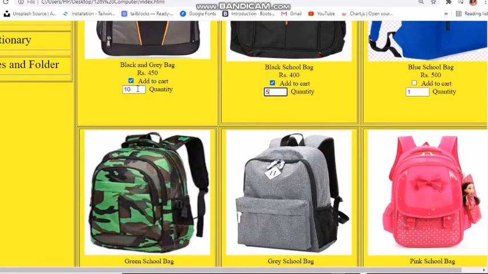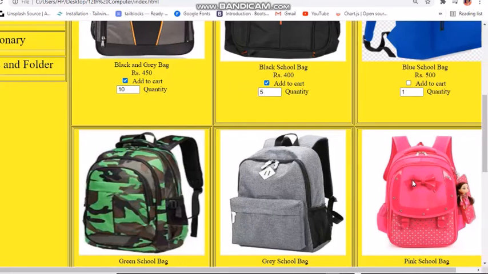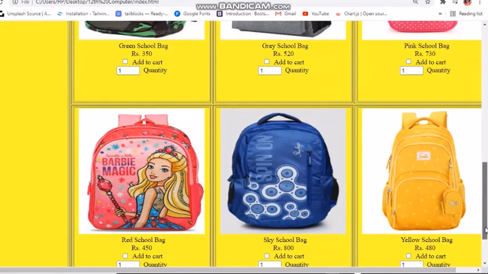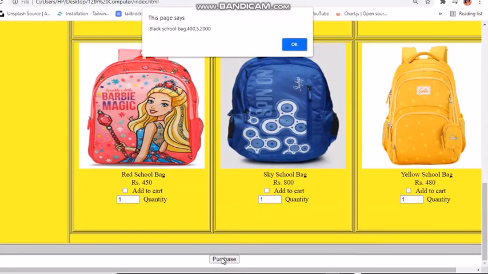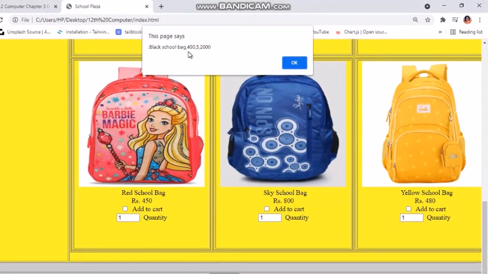So 450 tens are 4500 and 400 fives are 2000. Now let me give purchase. So we will see an alert box saying black school bag. This is 400 is the price, 5 is the quantity and 2000 is the total amount.